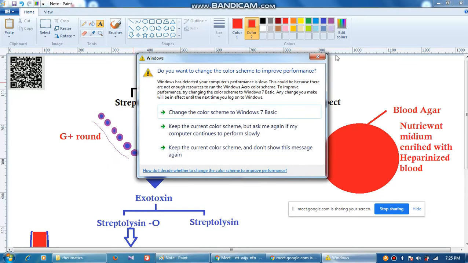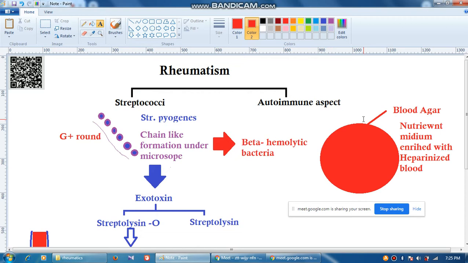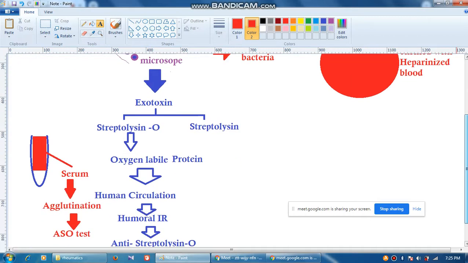So what exactly happens is, whenever it enters the human body, it produces an exotoxin. Streptolysin O is the most common one, which is an oxygen labile protein. It's a glycoprotein basically. Carbohydrate residues like sialic acid and N-acetyl glucosamine are present along with proteins. Now this antigen, whenever it enters the human body, produces an antibody. So any antigen produces an antibody. The antibody's name is given